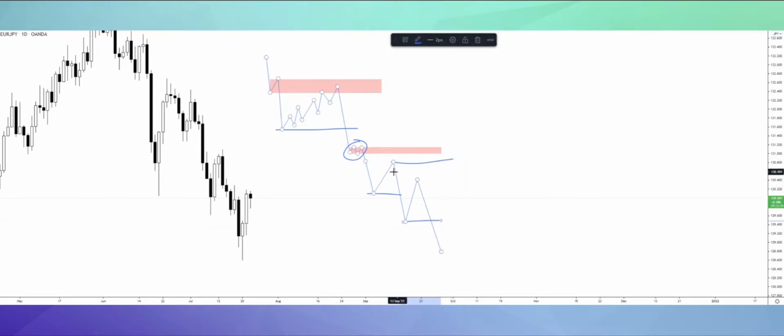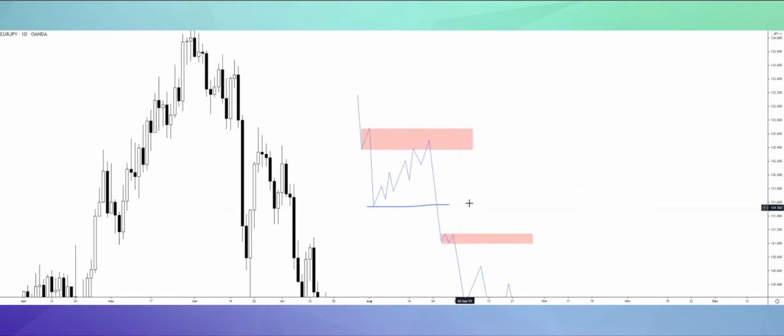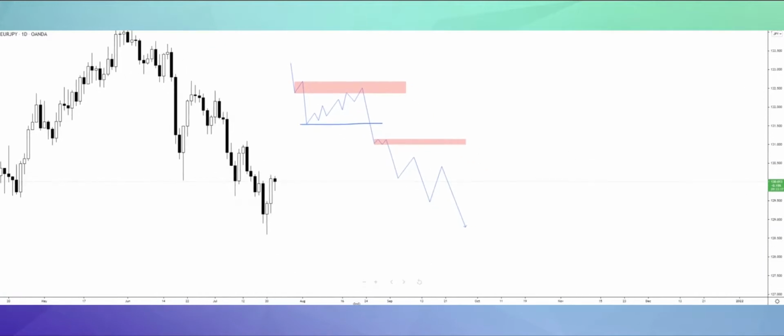Okay, so now we want a new point of interest because we're in a different range. So say for example there's an order block here. What did the price do? It pulled back into that point of interest and sold off. So this is why it's important to understand the ranges that you're in, simply because of the price. So if price continues to do this,